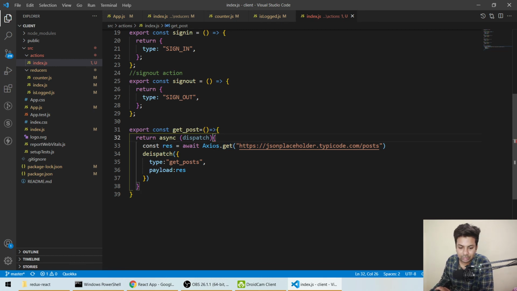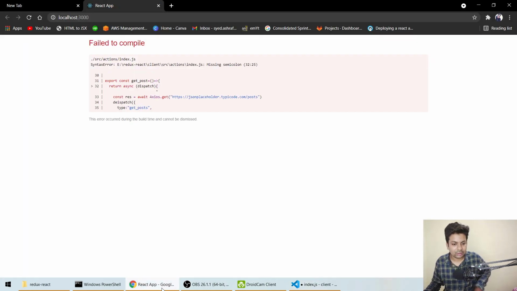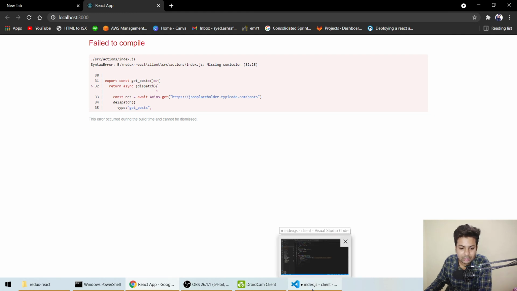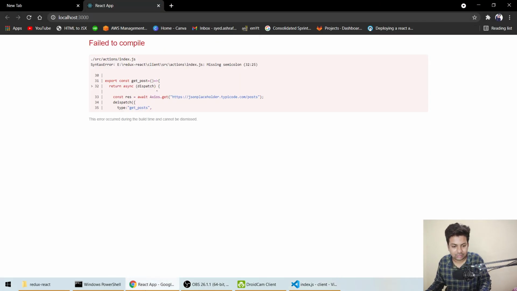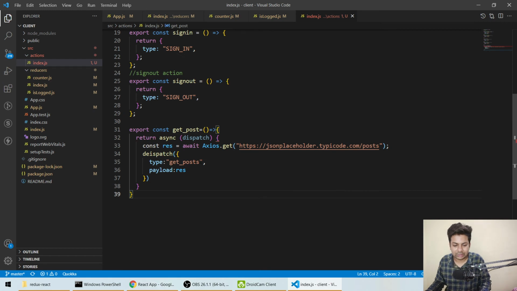Dispatch asynchronous, constant response, payload, rest, post. What was the error? Missing semicolon. Where is the semicolon missing? No, that's not the thing.